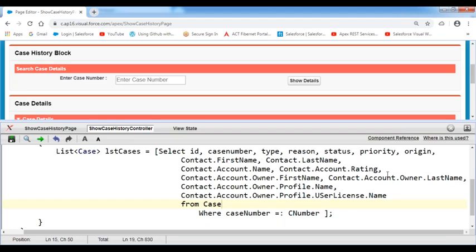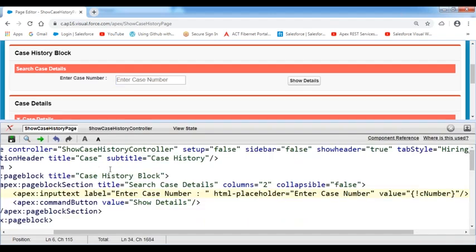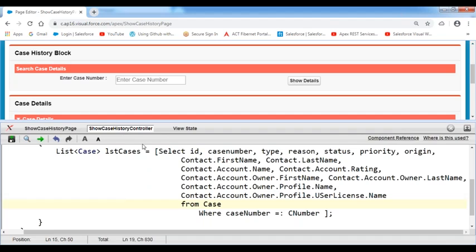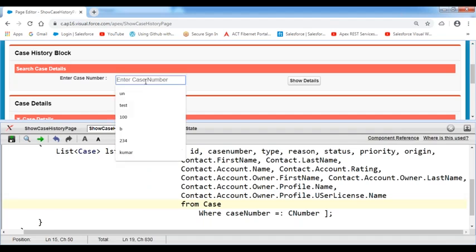So whatever information is required, we are going to collect the whole information from my object. Now we have saved the code. There are no issues inside this code. So now the query has been saved successfully, and my Visualforce page has also been saved successfully. Now, based on the case number entered by the user, we are able to fetch the whole